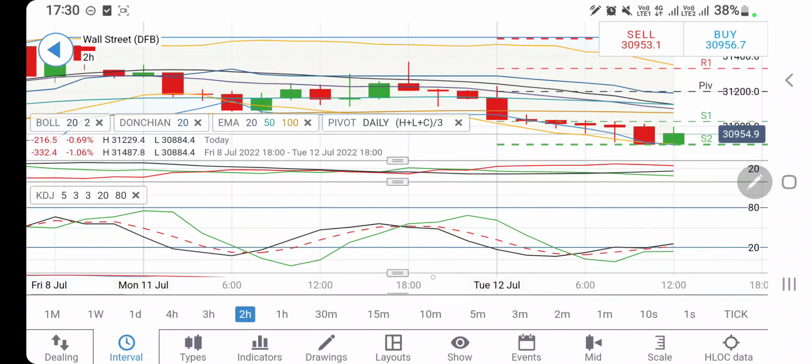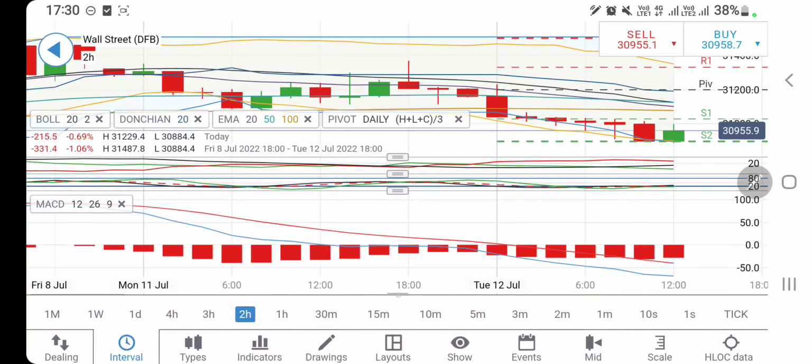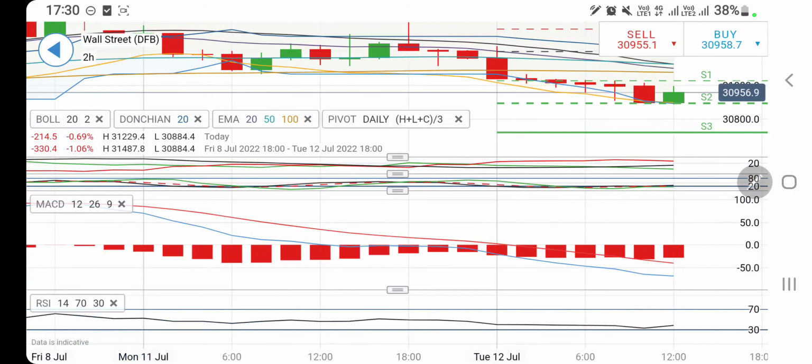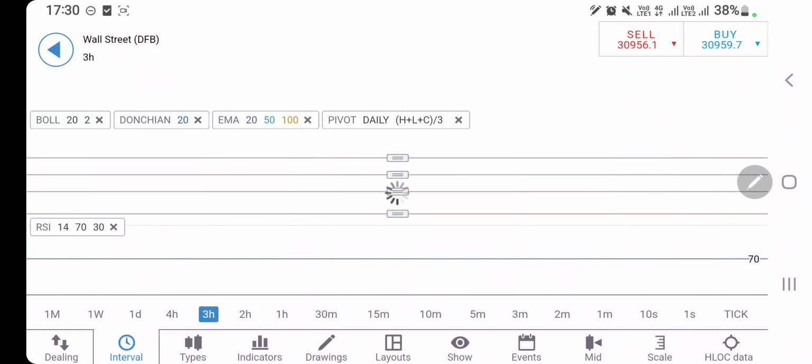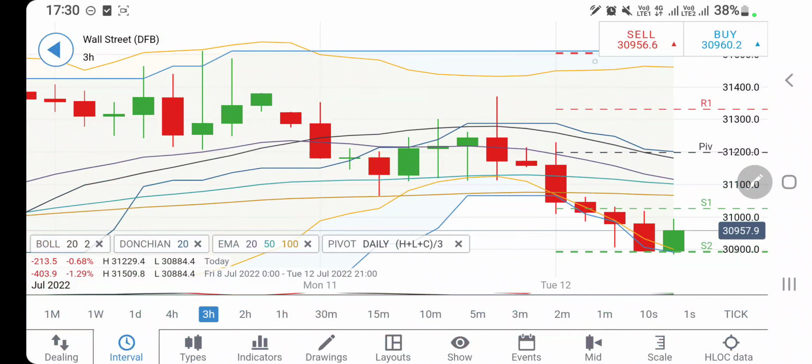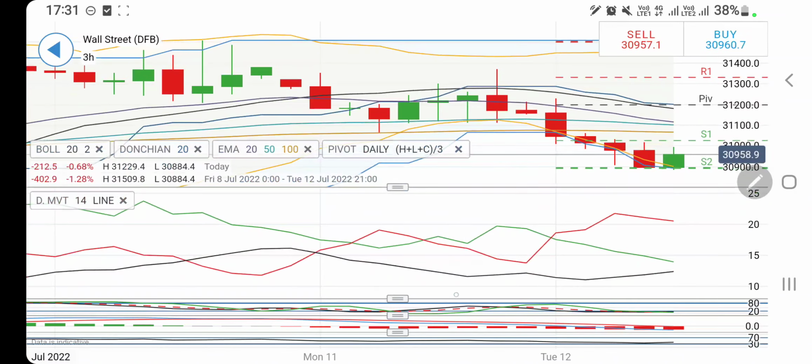Directional movement is bearish. Stochastic is oversold. The MACD is in red, trying to converge and crossover for a bullish move. RSI is looking upwards from here. And if you look at the 3-hour charts, lower highs it is trying to show you, and that is why I say you can go long at 31,020 here rather than 31,000. Go long at 31,020, and beyond that it will definitely hit 31,100, 31,200 also can be seen. In fact, beyond that we may see a stronger bullish move on the upside.